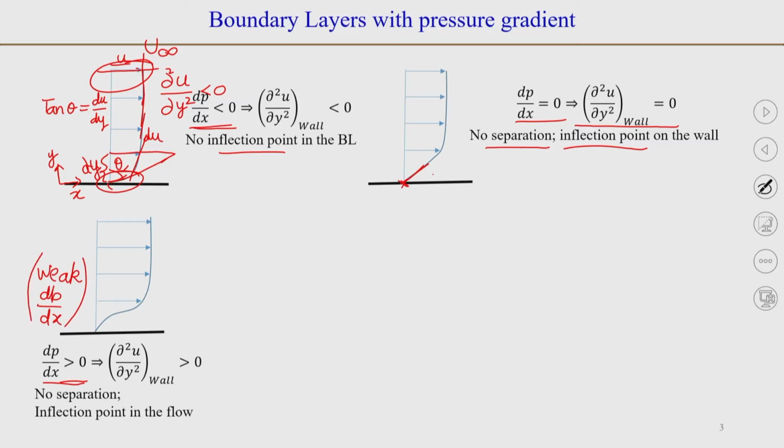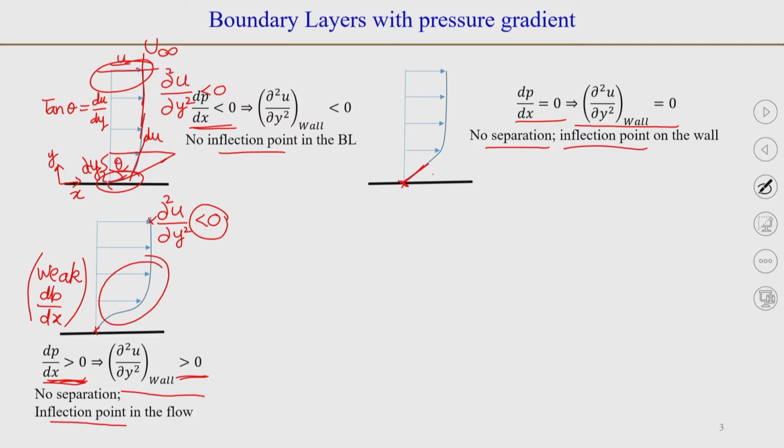Then in such a case, near the wall from this equation, because dp by dx is greater than 0, d2u by dy2 is also supposed to be greater than 0 near the wall, whereas in this region d2u by dy2 is less than 0. So, somewhere in this the flow has to change, or the second derivative has to change sign from positive, it will go to negative. So, there will be an inflection point in the flow somewhere here, where the